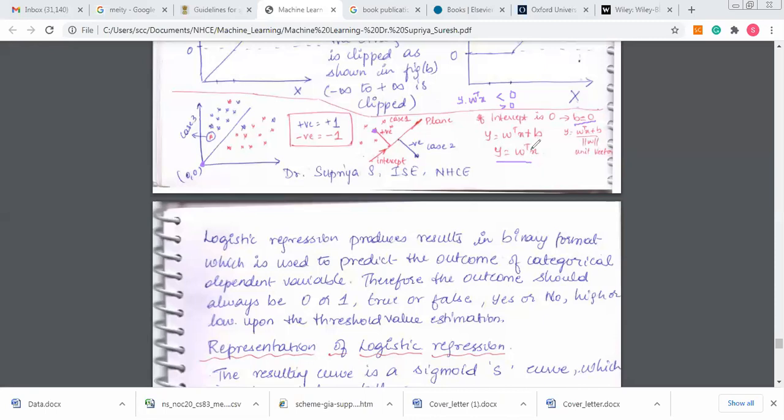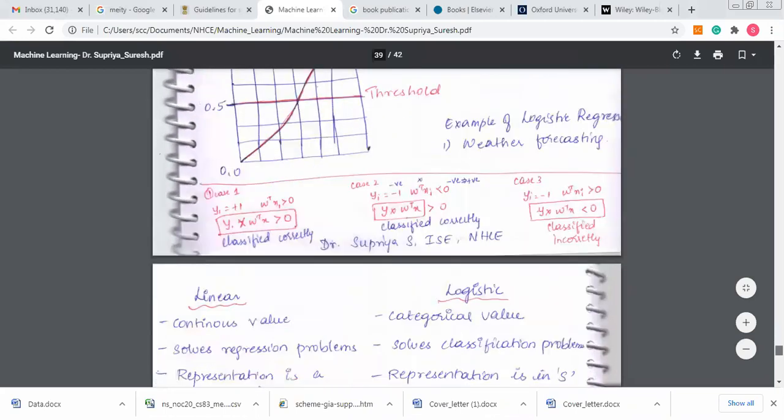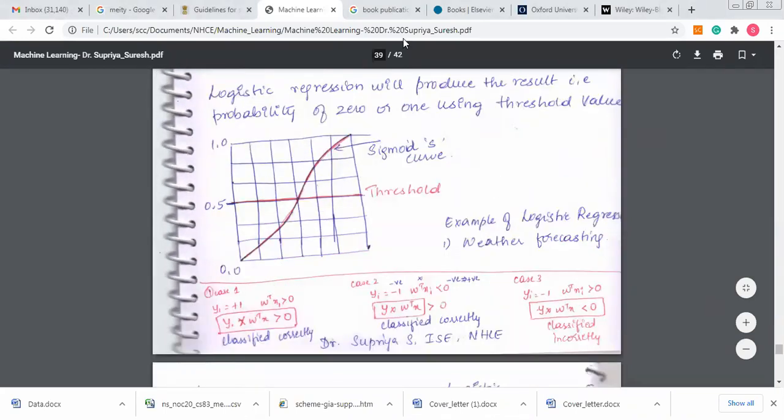Y is equal to W transpose of x. Now I have to check whether this point is going to be greater than 0 or lesser than 0. How do I do that? I know this point has a positive value because it's above the plane. And W transpose of x also, any point that is falling above the plane will have a positive value. So if both of them are positive, then it is going to be a correct classification. If the value is lesser than that, it is going to be a false classification.